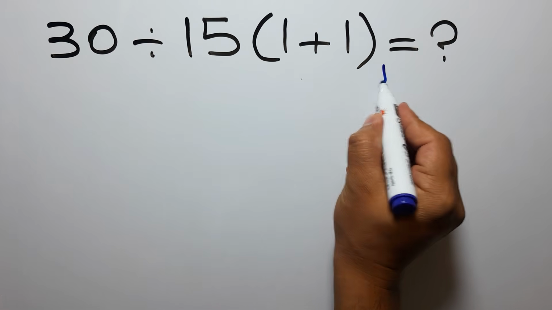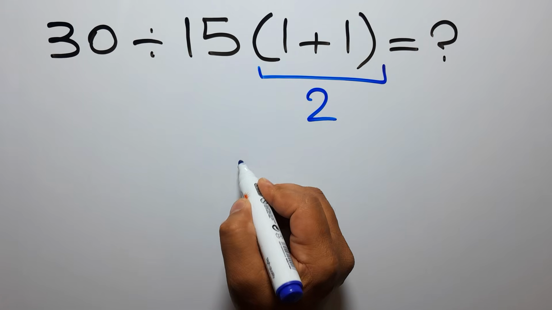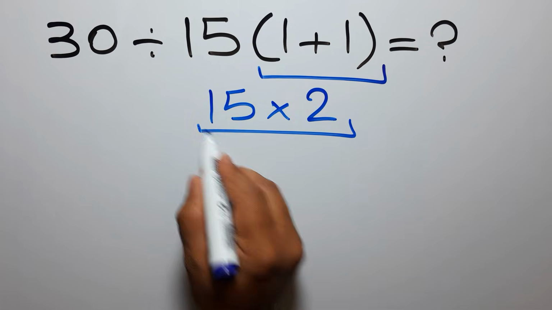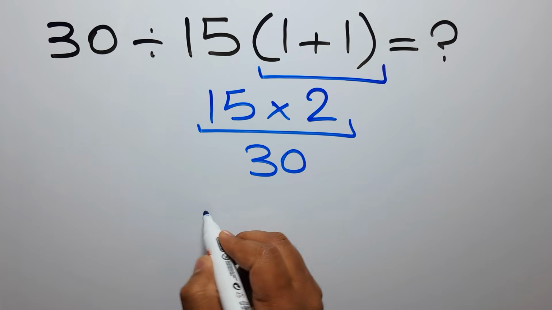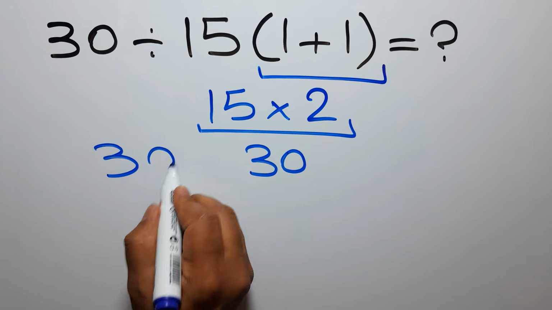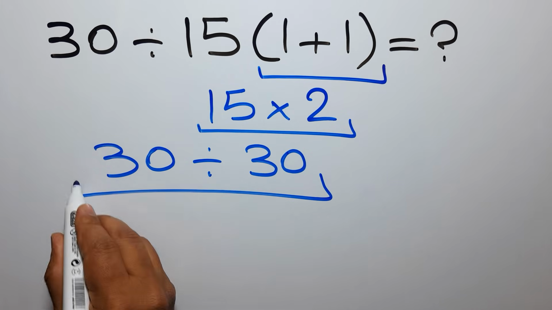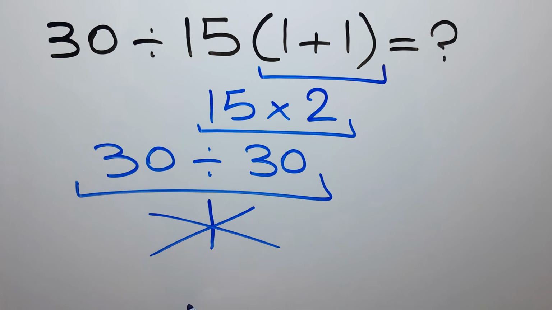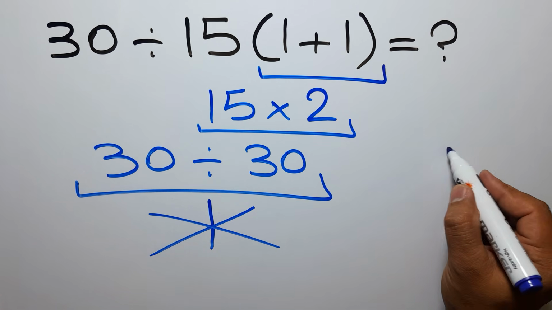1 plus 1 gives us 2. And 15 times 2 equals 30. So 30 divided by 30 is just 1. But this answer is not correct, because according to the order of operations, which is PEMDAS,